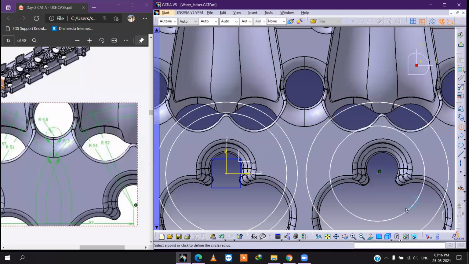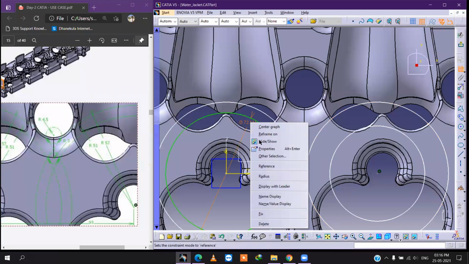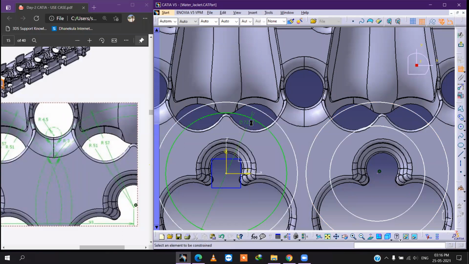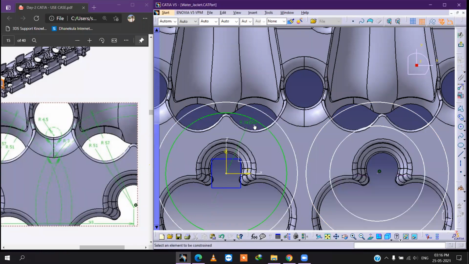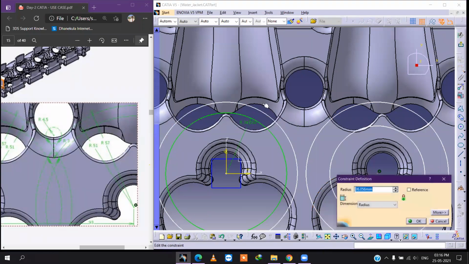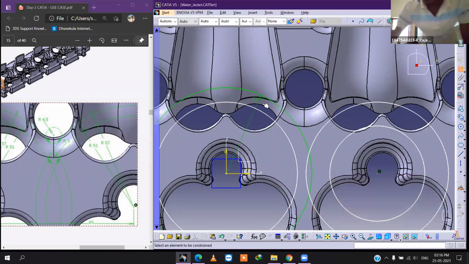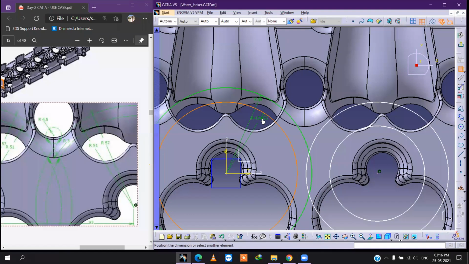From the same point we have to take, otherwise you can go for concentricity. One, and this one will be 57.